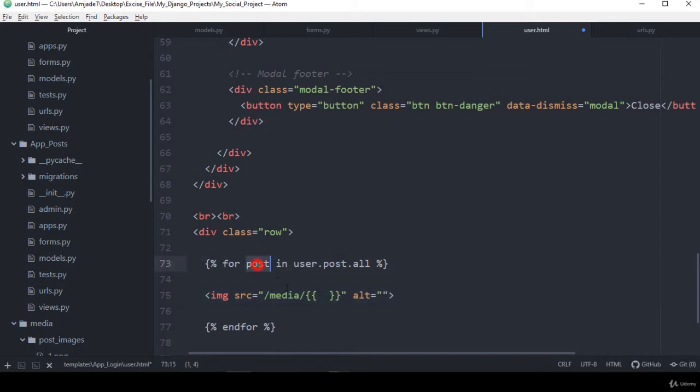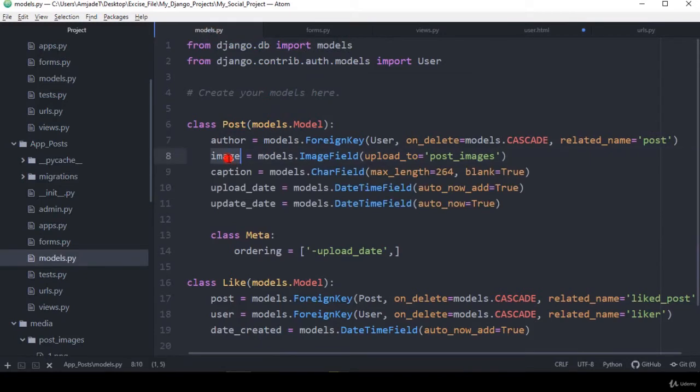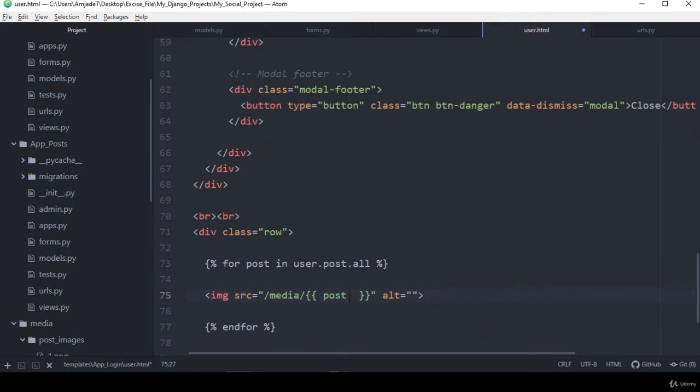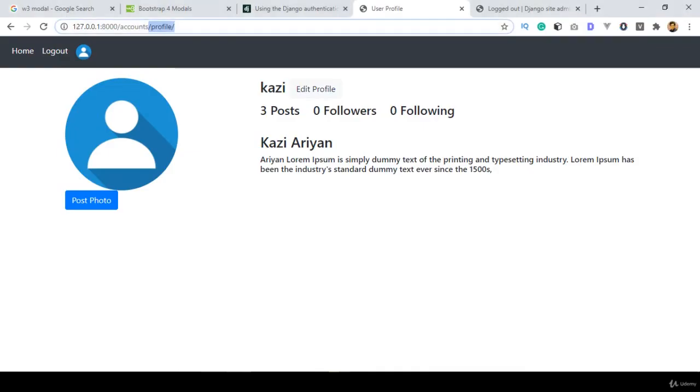So with this post, now I want to access our field name. If you go to our model, our field name is image. So now I want to access this image. So I just copy, and then here in our user, I want to make this image visible, right? So now it should be visible. Now let's check this out. If you now click save all, and now if you refresh it,